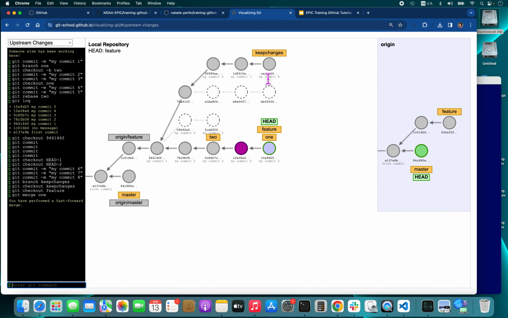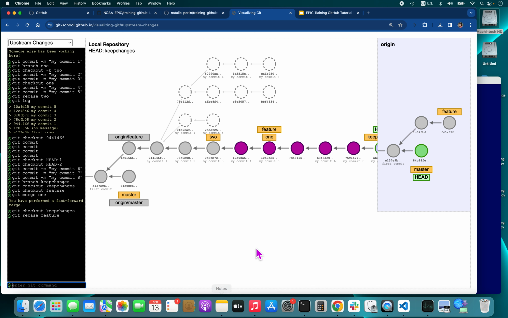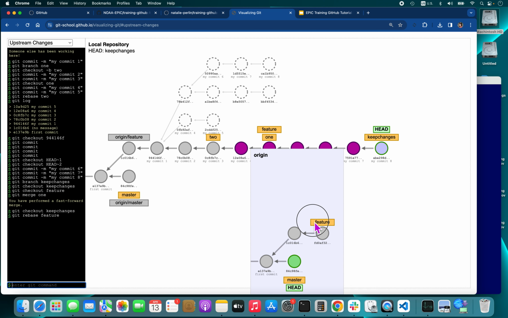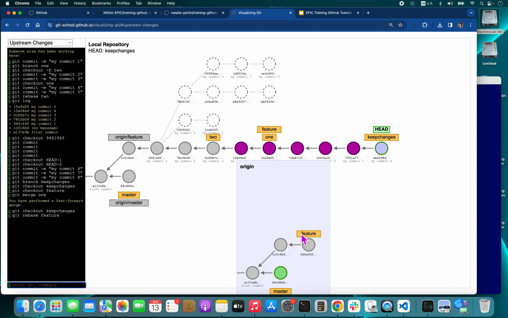If we go back to keep changes, git checkout keep changes, we can also rebase this branch onto the feature branch. So git rebase feature, and this is what happens. So we have our keep changes branch advanced,